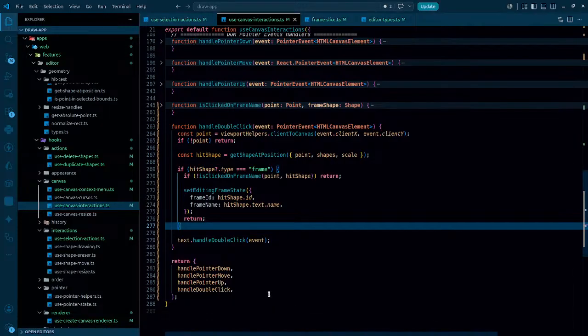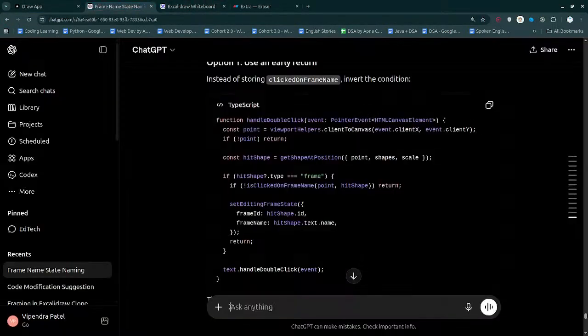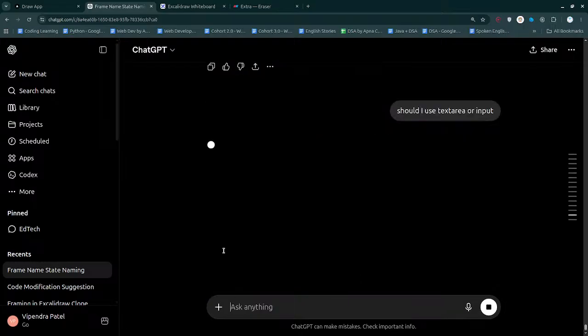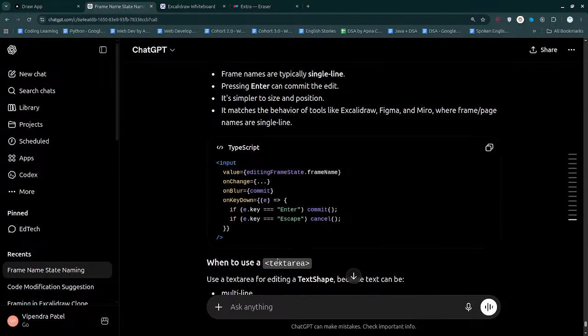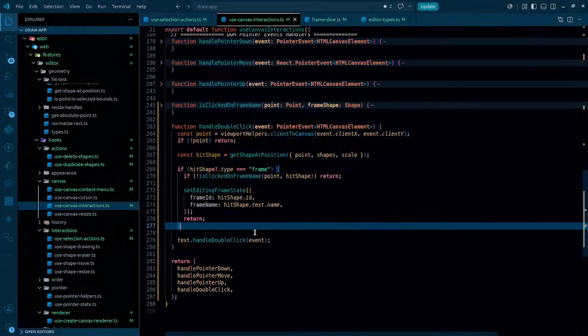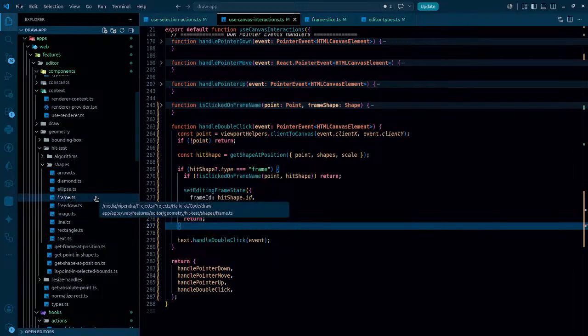So this is the UI work now. When it comes to UI work, one more thing, should I use a text area or input? I'd use input, right? So it's actually gonna be using an input over here. So let me do one thing, because usually it's gonna take a lot of time. To make it quick,